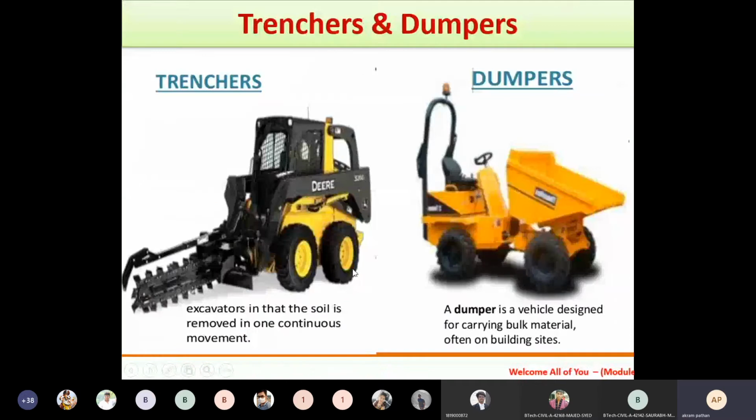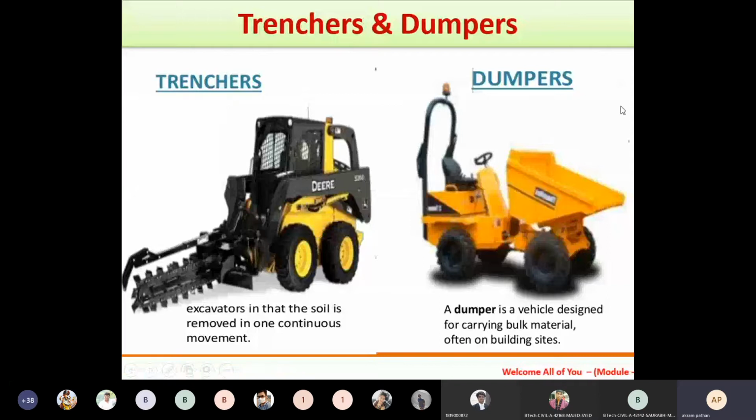Then other important machines are the trenchers and dumpers. For continuous excavation of soil, we can use trenchers. We can excavate continuously along a straight highway. If you want to excavate the bank of the highways, we can use these particular trenchers.